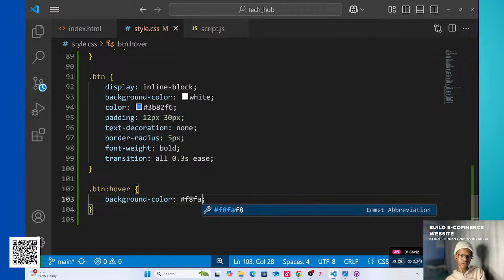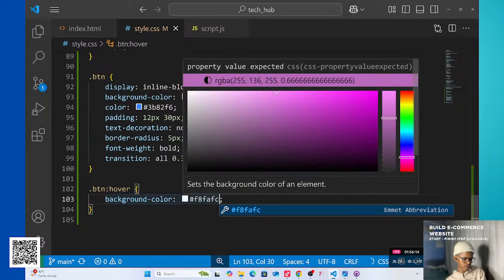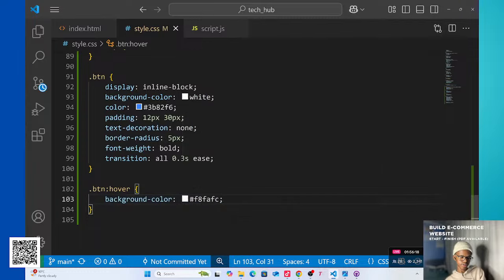F8FA and FC. That's a weird color. No, I was about to say